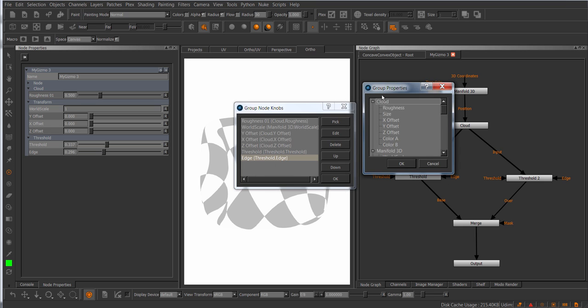And now I want to expose the edge attribute from the threshold 2 node. So I'm going to go to pick again, and find the threshold 2 node and select the edge attribute. And now you would kind of assume that if I click OK, this is going to expose a second edge attribute. However, remember what I said before, that on each node, you can only have one attribute of each name. Because the thresholding nodes are identical node types, they share the same attribute names. So the edge attribute internally is named edge, or clip, as I showed you before, on the threshold, as well as the threshold 2 node. So if I were to click OK now,